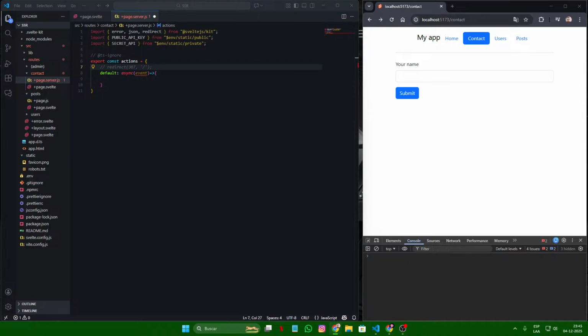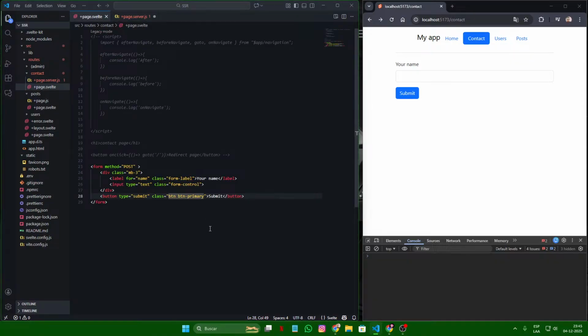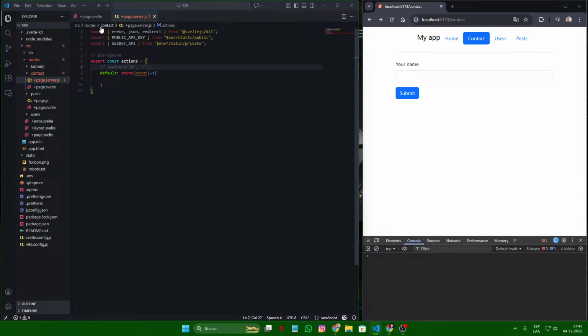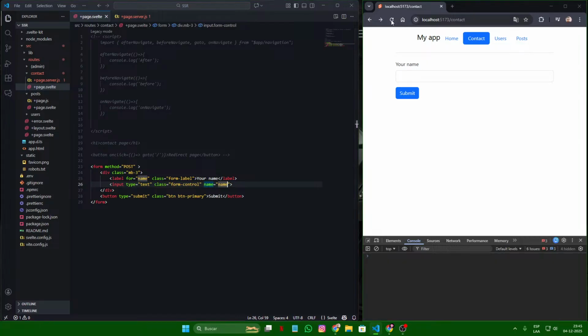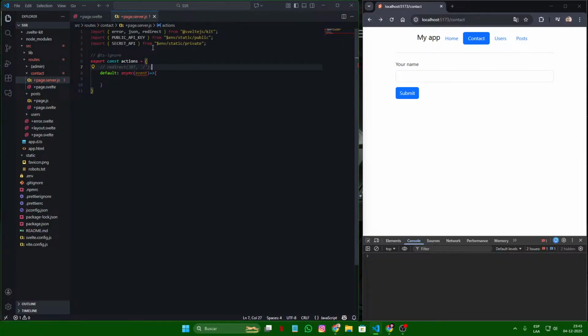So now, when we submit this form, it will travel all the way to the default action, and we can get the event. And on this one, we can do destructuring, and we can get the request,